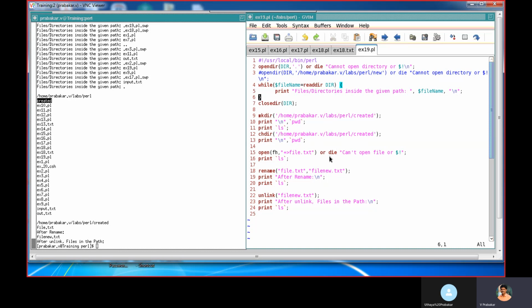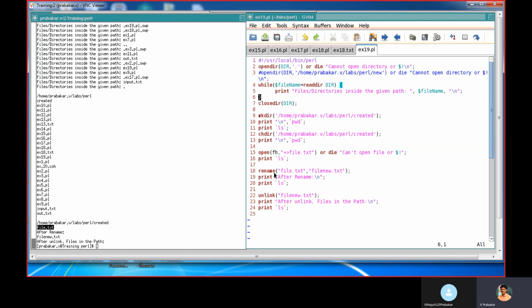If it is not able to create it, it will throw this message in the terminal: cannot open the file. After this, using ls, I'm going to list the contents. If you see inside created, for this ls you are getting file.txt, so the file is created.